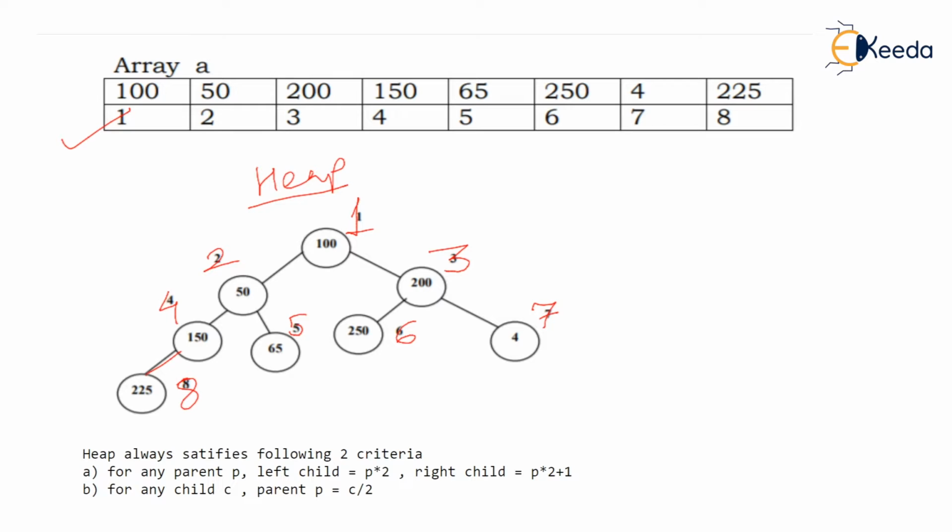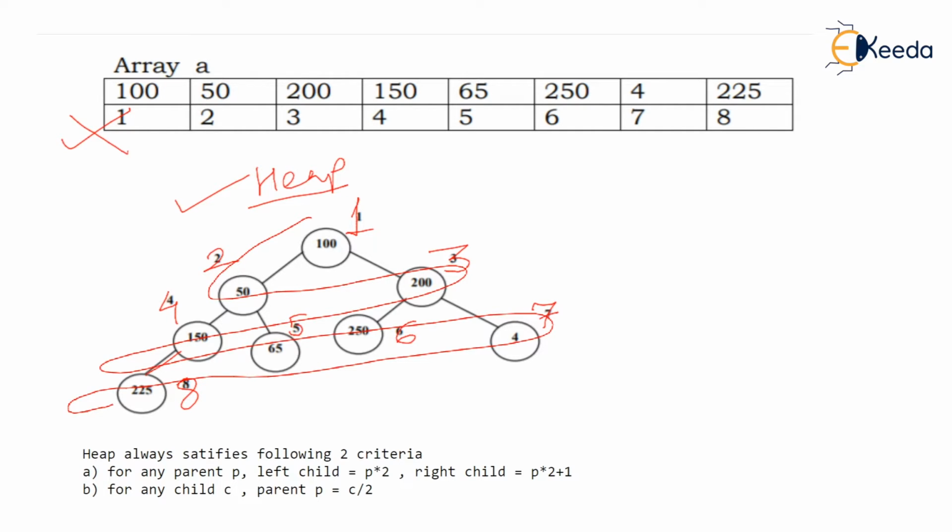And now you don't see the array for some time, but you see this heap. And you just read all the values in sequence as they are numbered. What will you read? 100, 50, 200, 150, 65, 254, and 250 if you go in sequence from left to right. But then what you read is nothing but array elements.